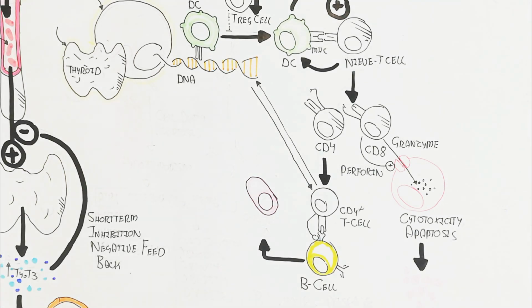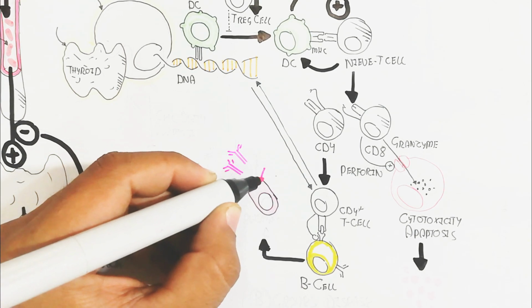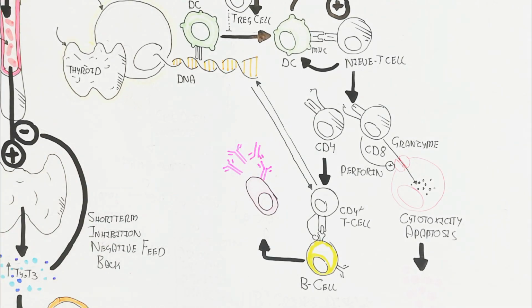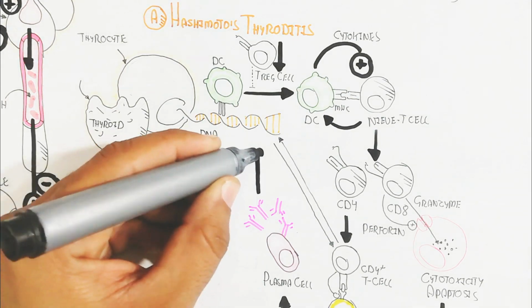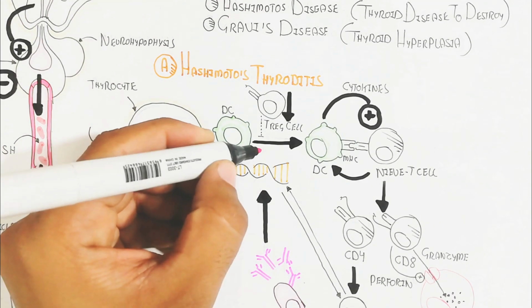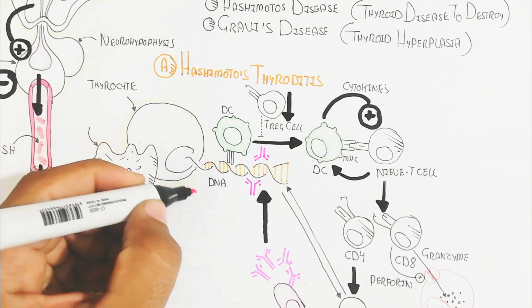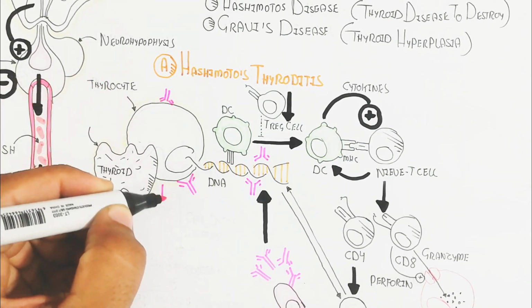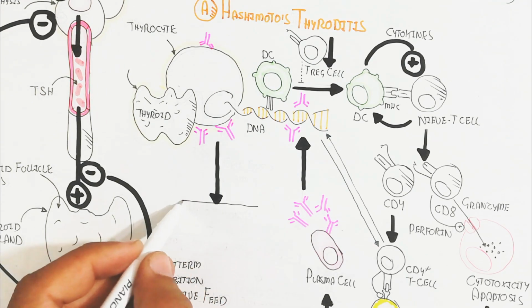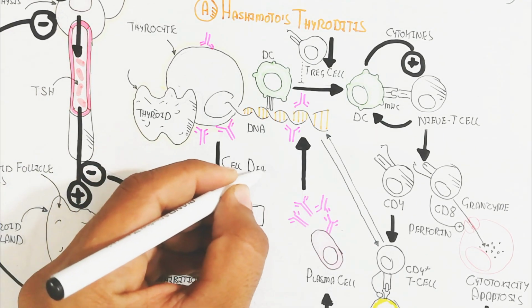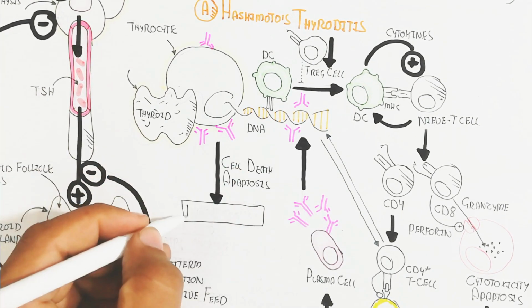It will proliferate into plasma cells, producing a lot of antibodies that target the thyrocyte to collapse. Thyrocyte collapse leads to opsonization to activate the complement system. Complement system activation leads to cell death,